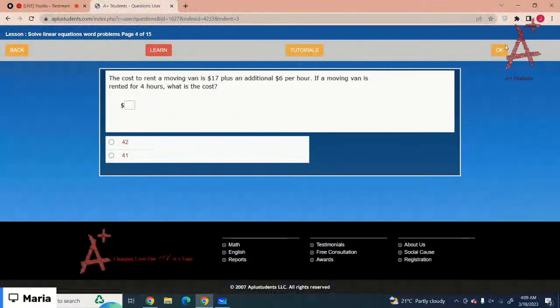The cost to rent a moving van is $17 plus an additional $6 per hour. If a moving van is rented for 4 hours, what is the cost? So you have to calculate the cost. Got it? Let's just write down the equation first, and then we have to calculate. $17 plus an additional 6 per hour. Got it? So the equation is,